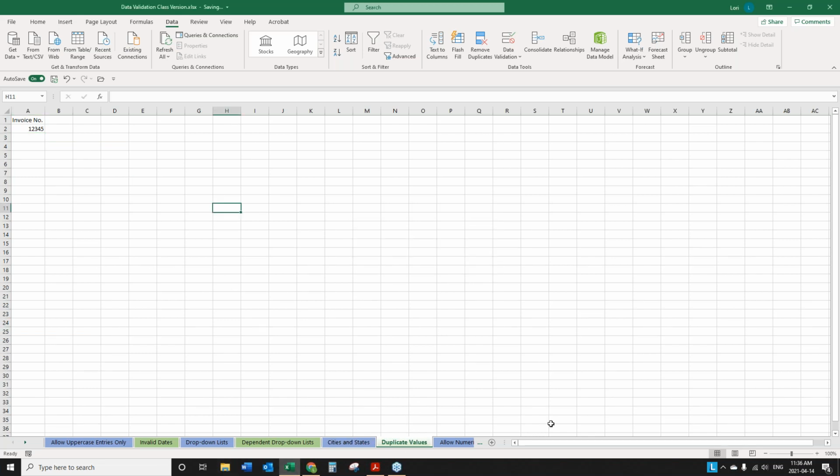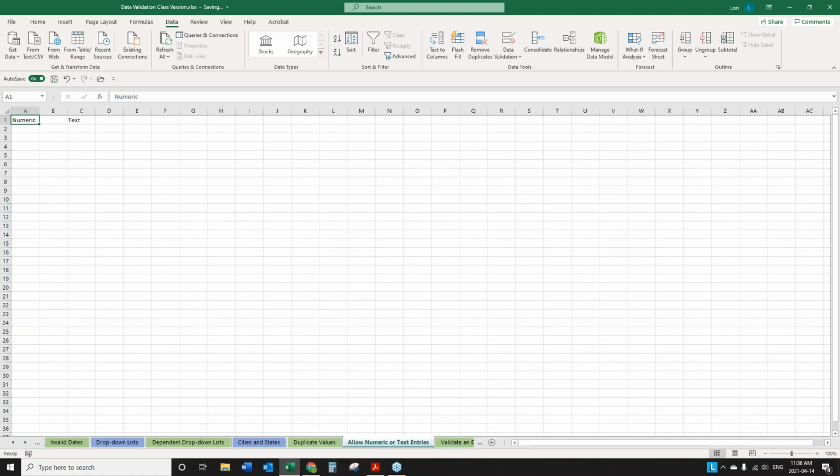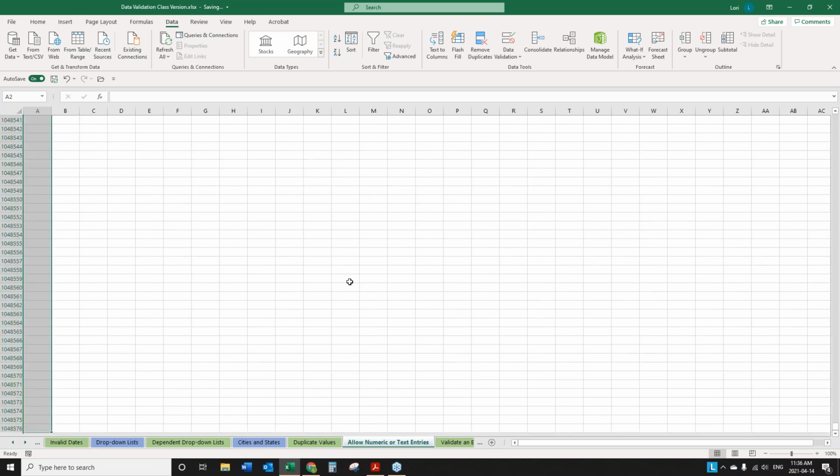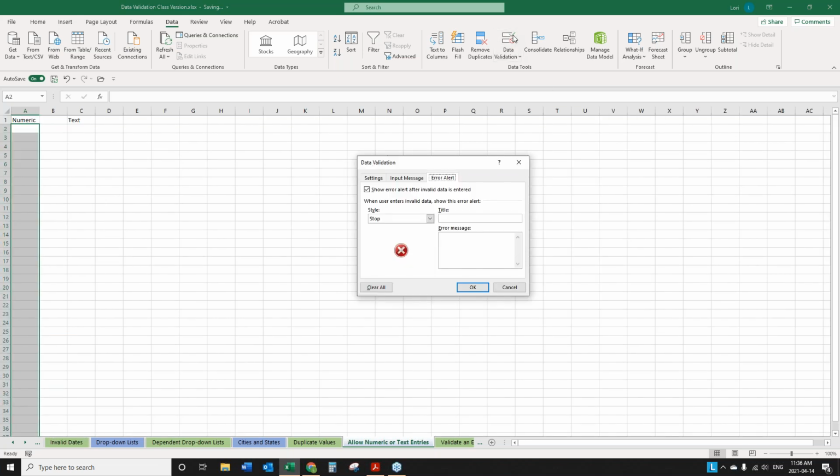Okay, now moving on to the next tab, allow numeric or text entries. I'm going to give you both examples. This is going to restrict it so you only enter numbers in a cell, or that you only enter text. So if you happen to enter text in the numeric column, you will get an error message. This one's fairly simple. In the numeric column, you're going to select all the cells, go to data validation,